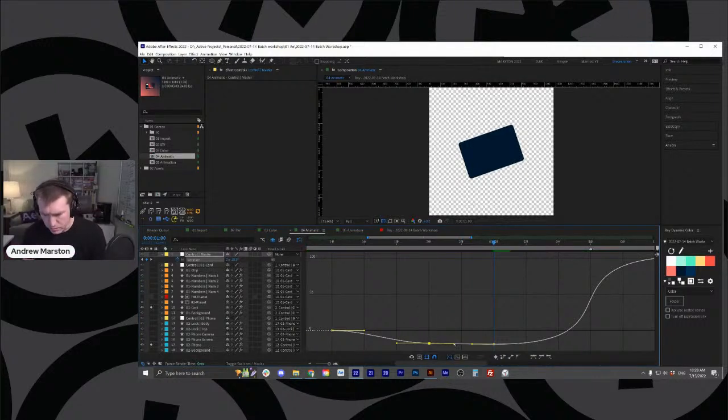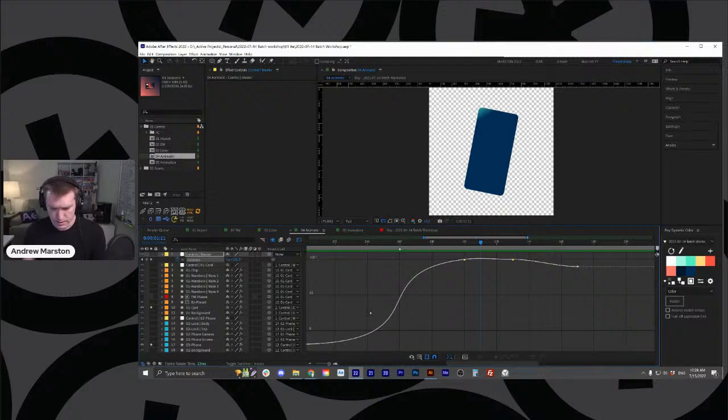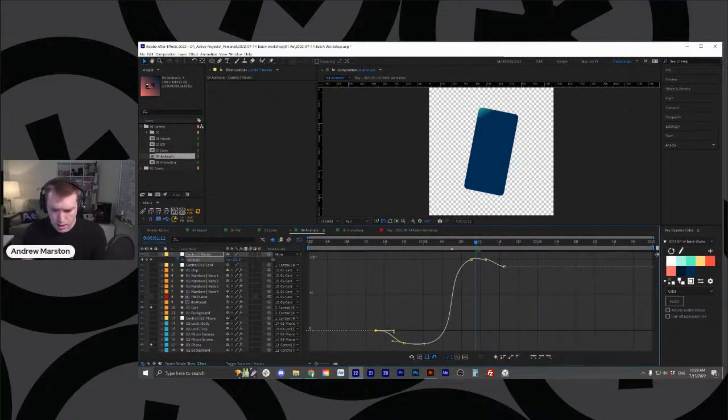I'm going to go ahead and point these directly at each other and make this just a little more extreme. I almost never just leave the easy ease interpolation values in the graph editor as the default. I almost always tweak them at least a little bit. I kind of like that to happen faster. And after I do this, I will